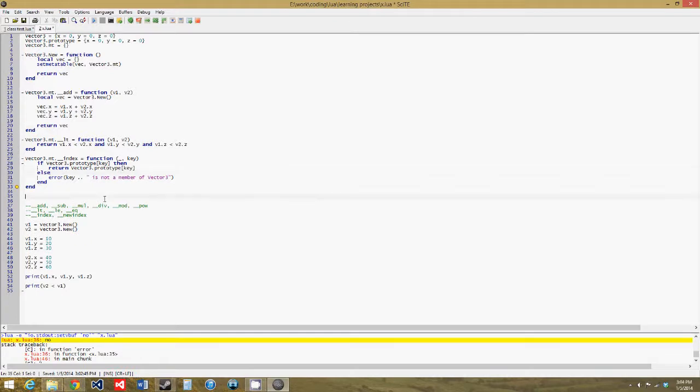So the final metatable that we're going to go over today is the new index metatable. So what this does is this lets you choose what happens when you try to change a value in the table. So for the example here, I'm just going to write a function that creates an error whenever you try to change the value of the table. You can create something different if you want. You can say make it so the vector 3 can only accept numbers. So if you want to do that,